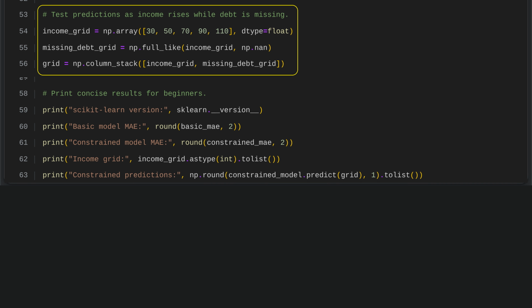We create a test grid where income varies from 30 to 110, while the debt ratio is left missing. The missing debt values are represented with not a number entries, matching the income values. These two pieces are combined into one grid to test how the model predicts risk scores when income changes but